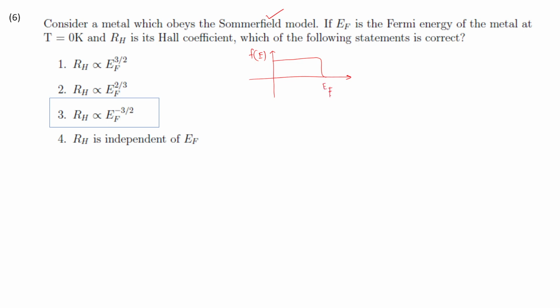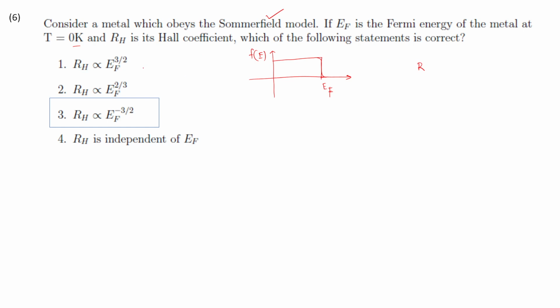Okay, and here this is at EF. So this is your Sommerfeld model. And EF is the Fermi energy of the metal at T equal to 0 Kelvin. So at T equal to 0, the occupation state will be like this. There will be no smearing out, it will be just a step function. And RH is the Hall coefficient. If this is the Hall coefficient, we have to find a relationship between the Hall coefficient and